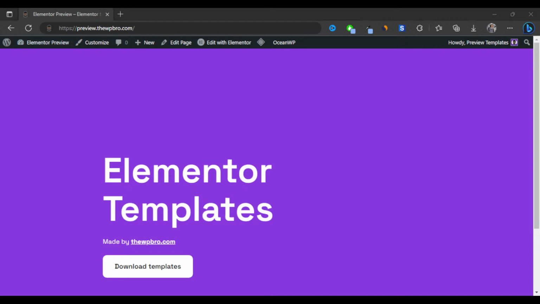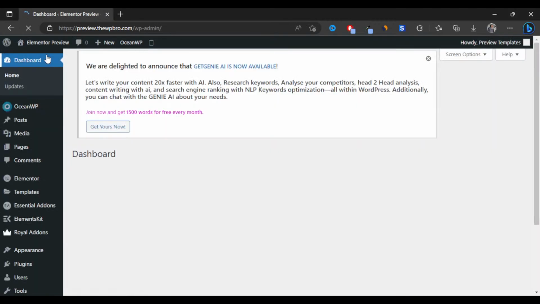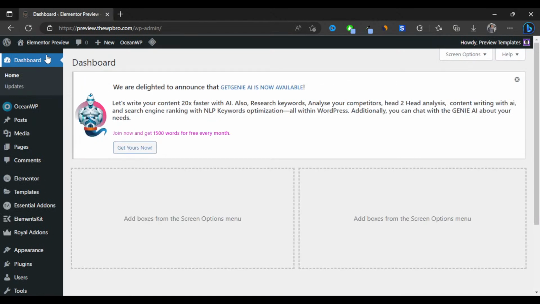Okay, I'm already logged in to my WordPress website, so let me just visit the dashboard. So okay, here I am now inside my WordPress admin area. The first thing we need to do for this live stream is to come to plugins. And if you don't have Elementor installed, this is for you. So you just need to click on add new,